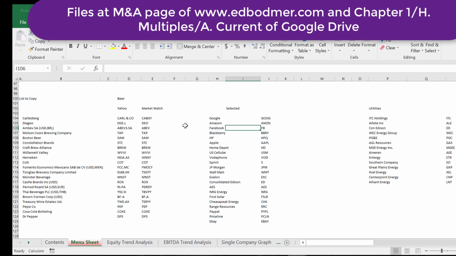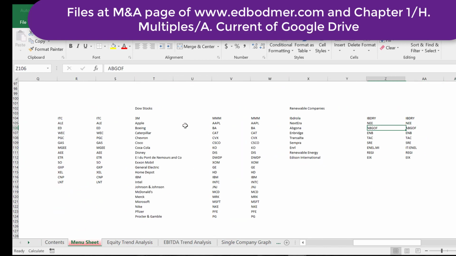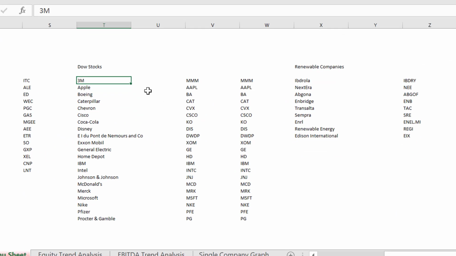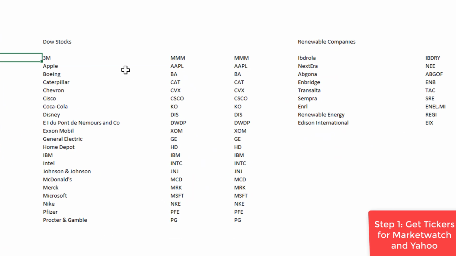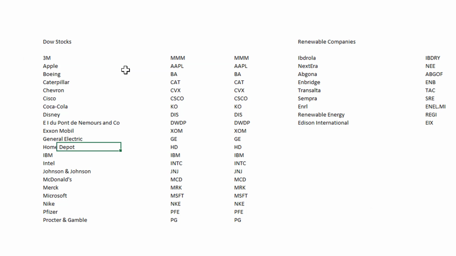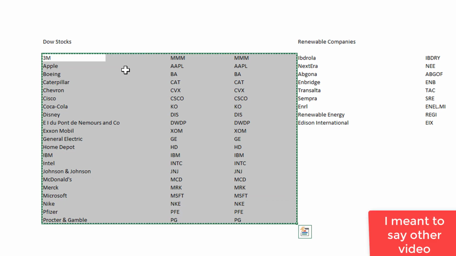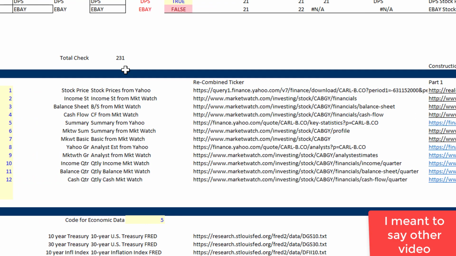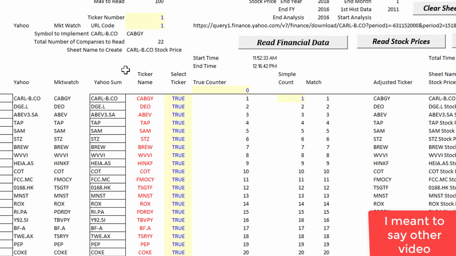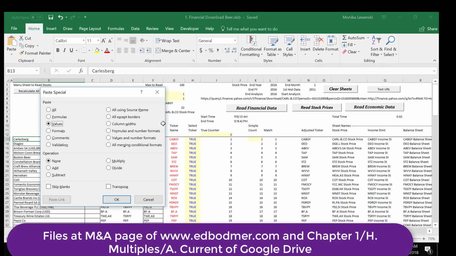This is kind of a little bit easier because you just go to a website, go to Google, click in the Dow 30, and you get this. Now, I left a little space here. So the first thing you do is get your tickers. That's what I made that other file about. And then you go and you copy those tickers and you just paste them special as values